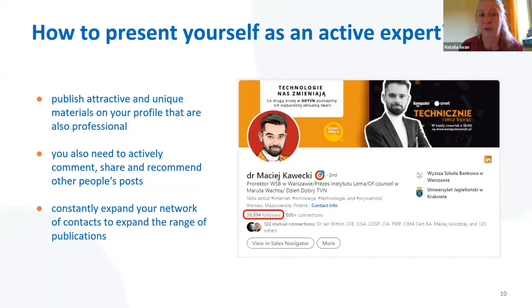Well, and this is the second tip. You need to be active. You have to share and comment on other people's posts. So do not only publish yourself, but leave your comments on other posts, other profiles. And the third tip, you constantly need to expand your network of contacts. And the important thing is to collect in your network those kinds of contacts which will in the future be used for business or for recruitment. It could be a role,